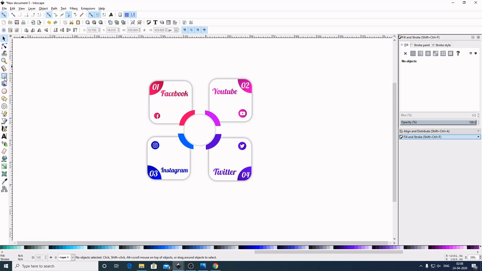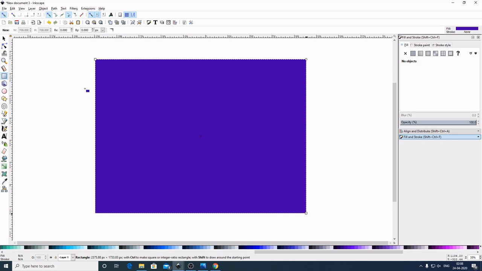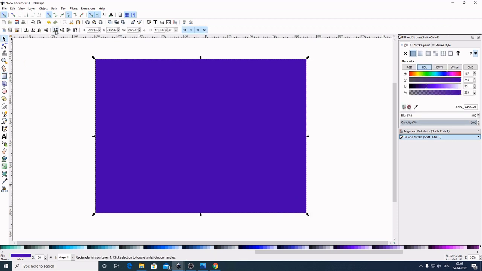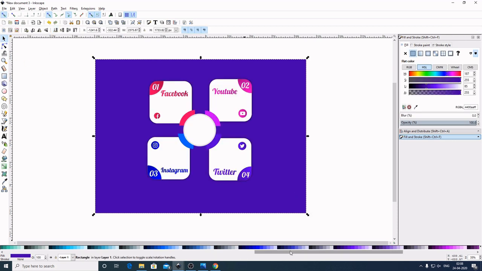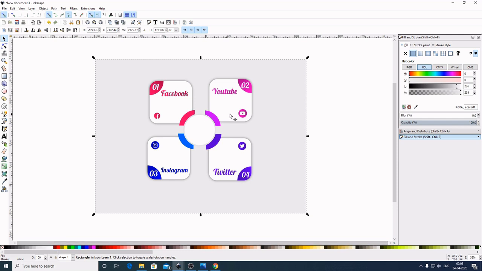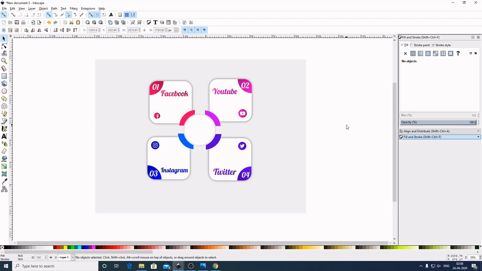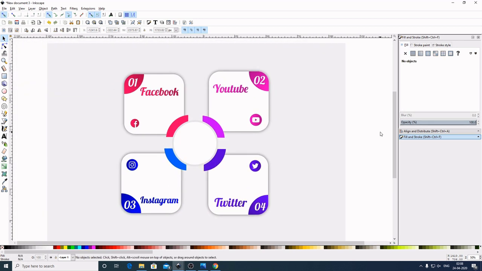Now I will select this one, create rectangles and squares, and I will create a rectangle. Select this one. Now select this lower selection to bottom. Now come here to the color palette and I will give this one 7.5 gray, or we can try this 10% gray, or say less 5% gray. This looks better. So guys, that's how we can create this business infographic using Inkscape.